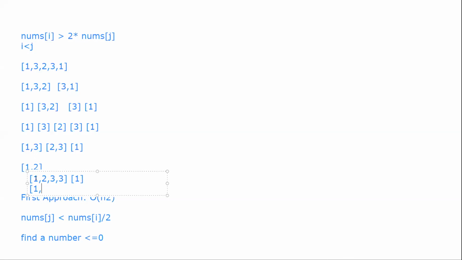In this case also, 1 comma 1 doesn't match, then I increment i, 2 comma 1 doesn't match, and then 3 comma 1 matches. So one pair you got. You can take a global pair value, and next 3 also matches with 1. So totally you got 2 pairs out of it.